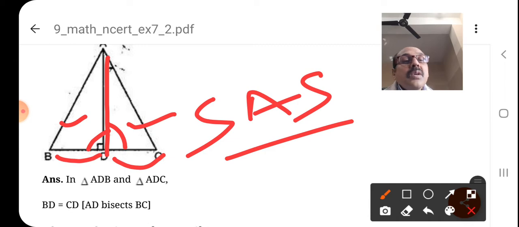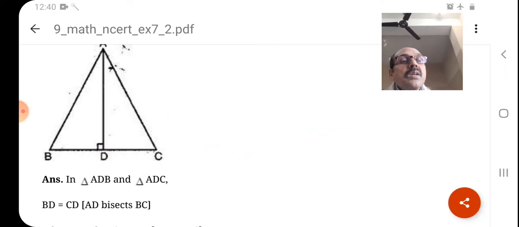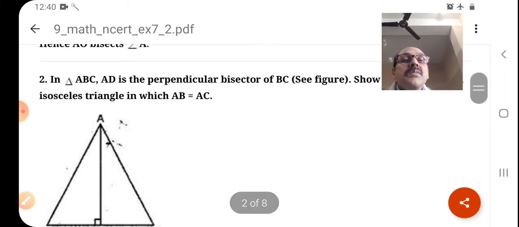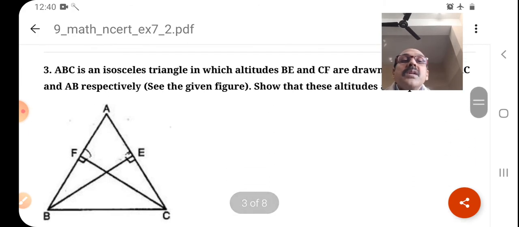And now after congruency we can say that by CPCT these two sides are equal, corresponding sides are equal, and two sides are equal, that means the triangle ABC is an isosceles triangle. Okay. Next, question number